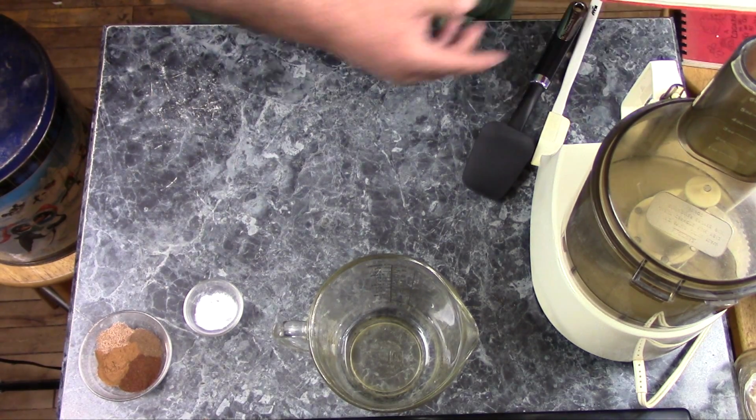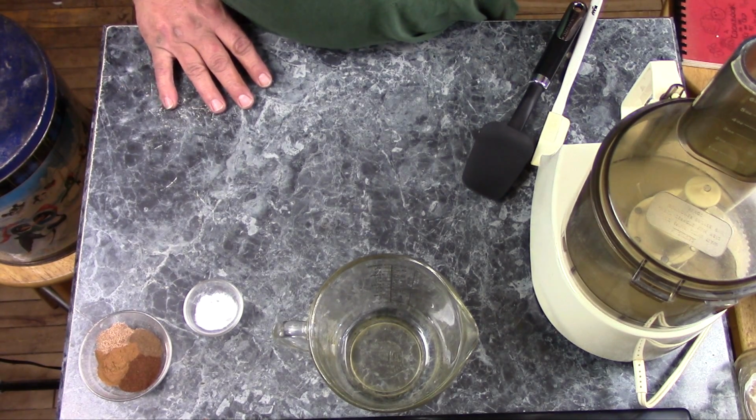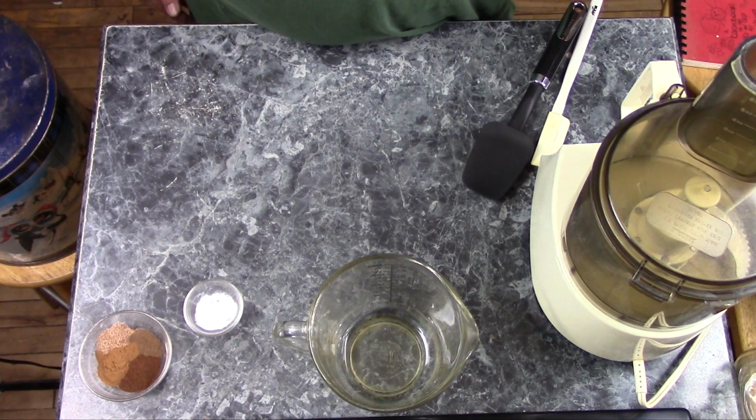Anyway, I'm going to read this through to you. 1 pound of fat salt pork, chopped so fine as to be almost like lard. Pour upon it 1/2 pint of boiling water. Add 2 cups dark brown sugar, 1 cup dark molasses, 1 teaspoon of soda stirred into the molasses,